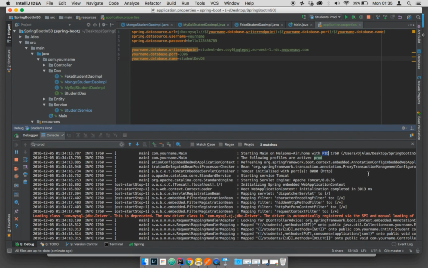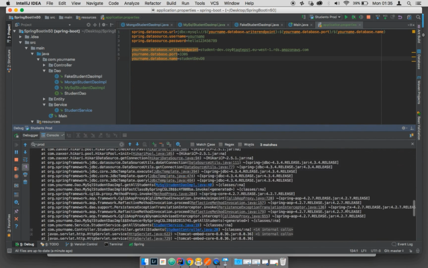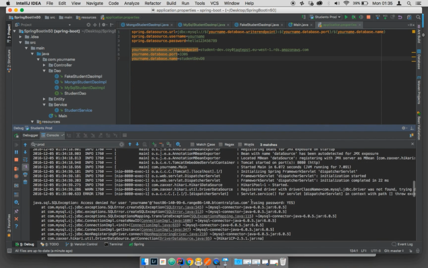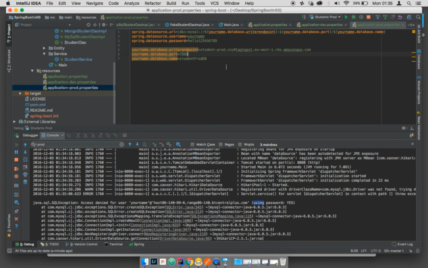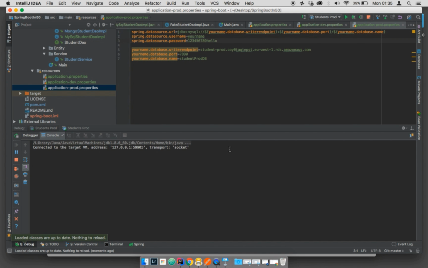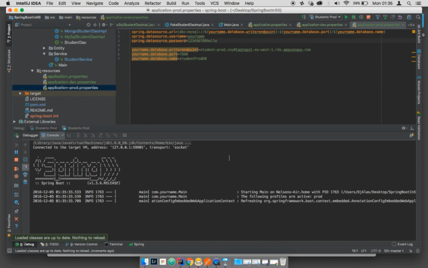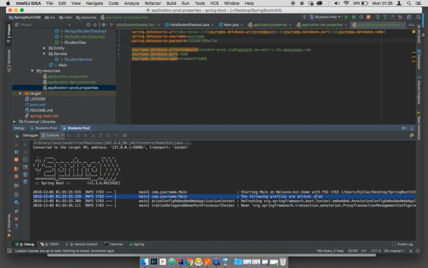And that's because the error says using password yes, and that's because we haven't changed the password. So let's go ahead and change the password now. The password was the same thing but reversed, so just like that, and let's run that again. So as you can see, using prod,